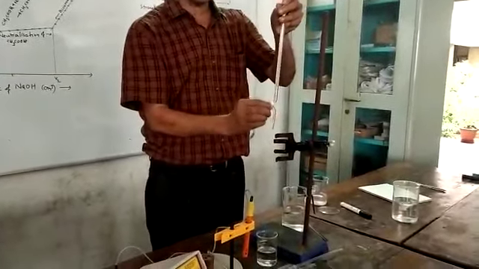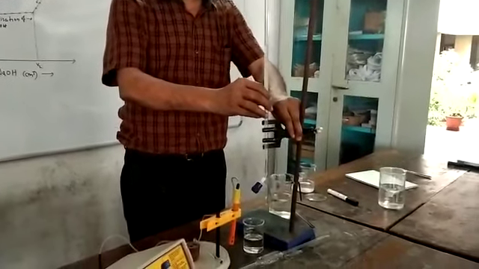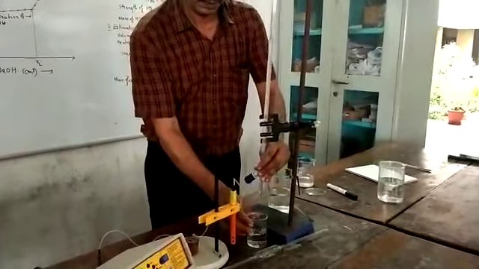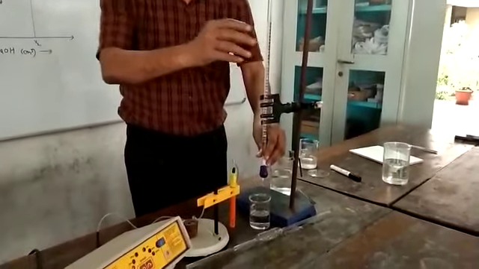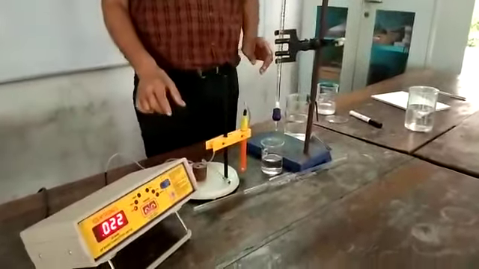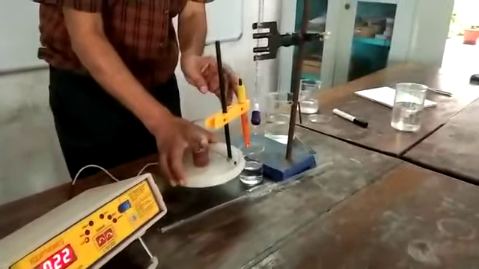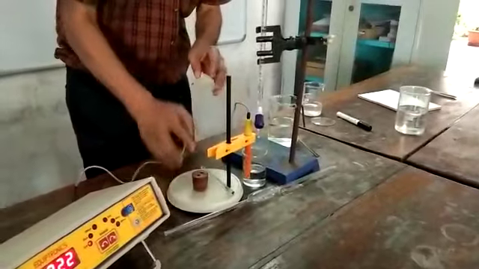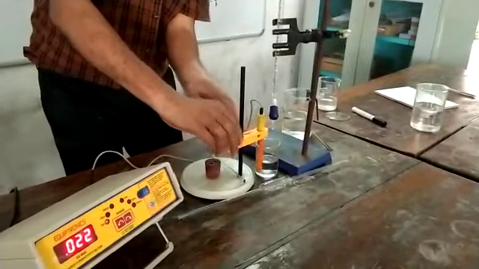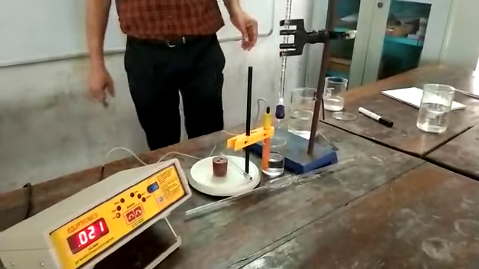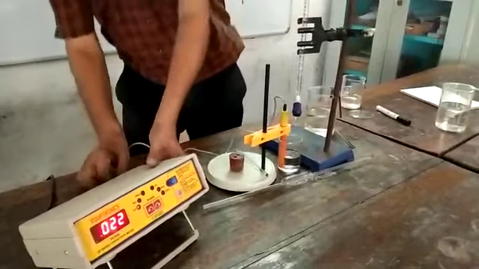Clamp the burette to the burette stand such that the tip of the burette is just above the solution we have pipetted out, that is the acid mixture. Okay, this is right. Then dip the conductivity cell into the solution. Here we are not using any indicator. The change in conductivity itself is the indicator of the endpoint of titration. In normal titration you use an indicator, and a change in color indicates the endpoint. Here, a change in conductivity will indicate the endpoint.